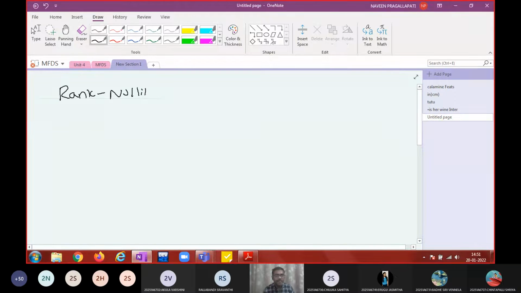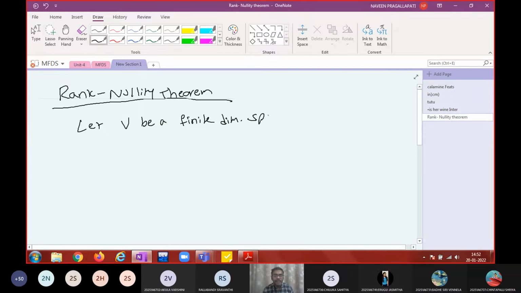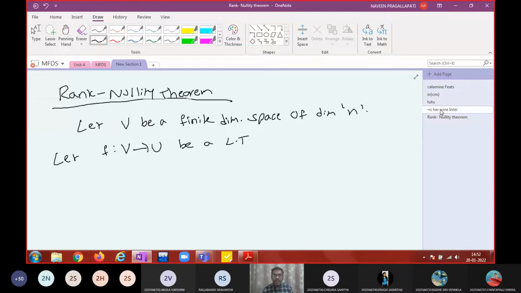The rank nullity theorem says that if V is a finite dimensional space of dimension n, and f from V to U is a linear transformation, then